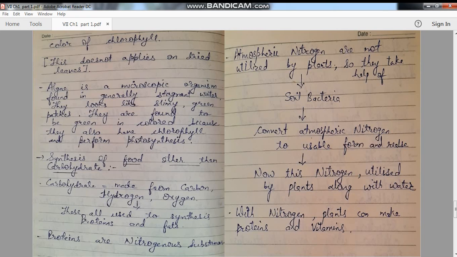Now we all know that in the atmosphere there is 78% nitrogen, but this nitrogen is not at all used by the plants, because plants need a different form of nitrogen, and that different form of nitrogen is actually synthesized by the soil bacteria. It means the bacteria which are living in the soil. Now what these bacteria will do, they will convert the atmospheric nitrogen into the usable form and release it in the soil itself, and this usable form of nitrogen will be accepted by the roots of the plants, and now the plants will utilize this nitrogen for making